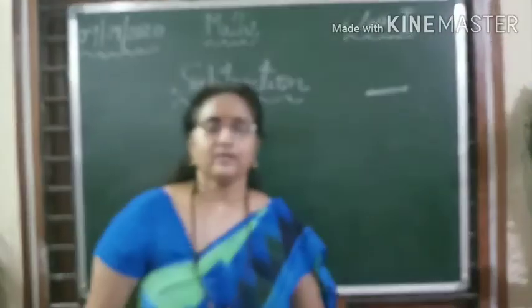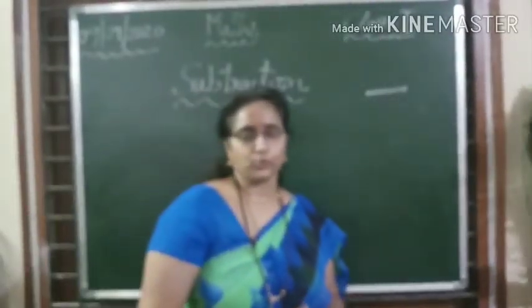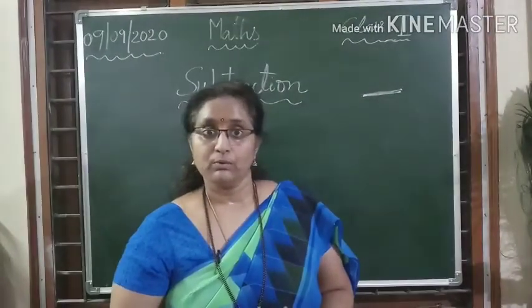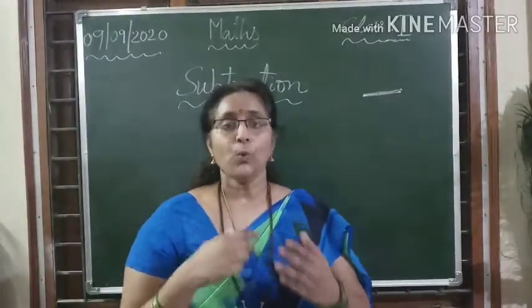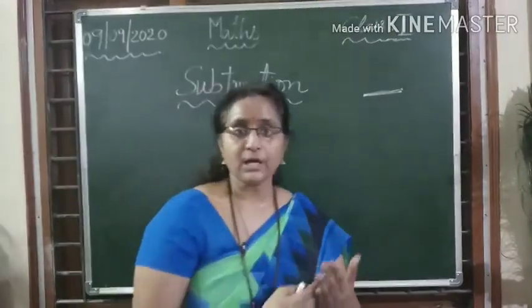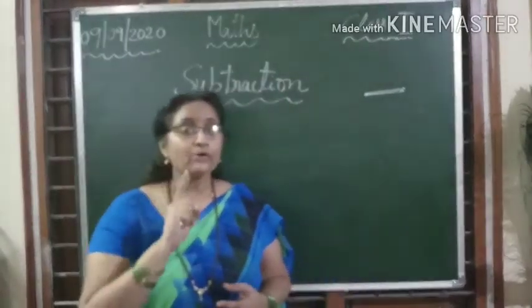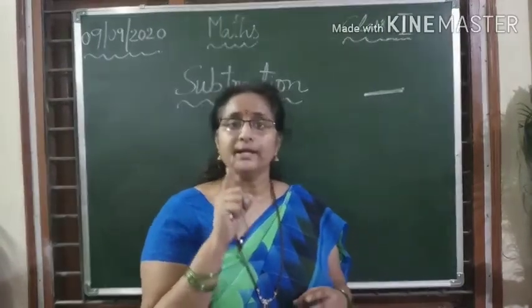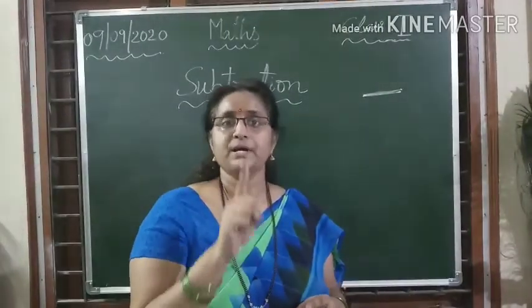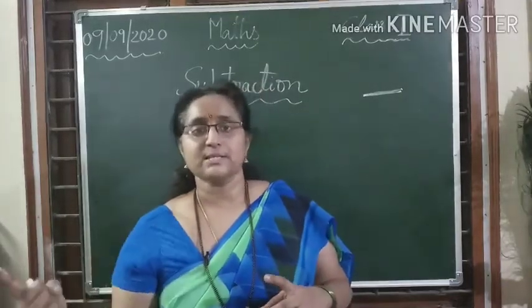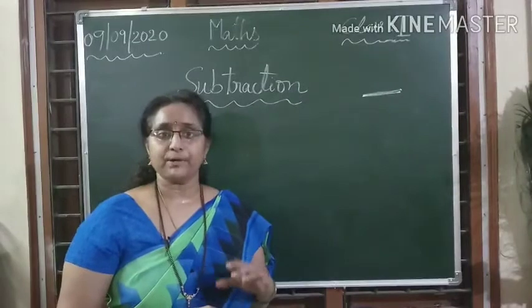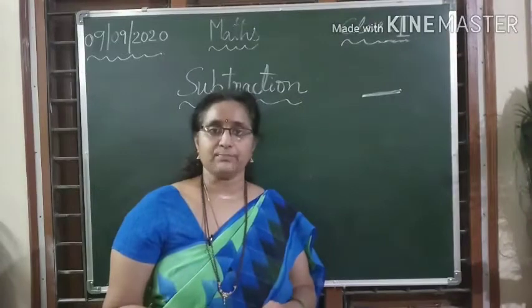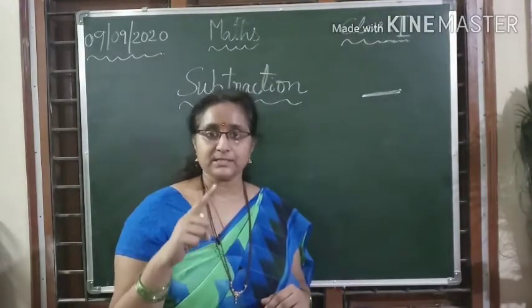Very good. And now I am asking one question to you. Can you subtract 5 from 2? No. Why? Because we cannot take a big amount from a small amount. So, you have to keep in your mind while doing subtraction, you have to take the biggest number first and then the smallest number. That means the biggest number only comes first. So, always when we are doing subtraction, we have to take the biggest number first.